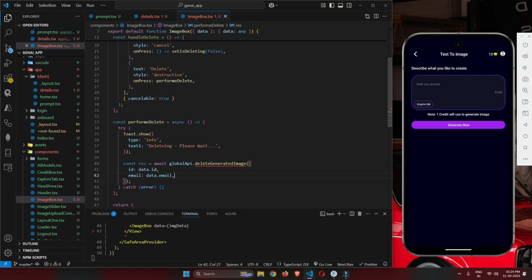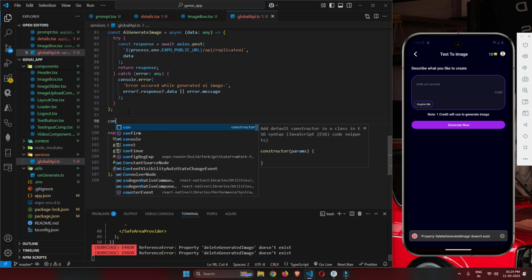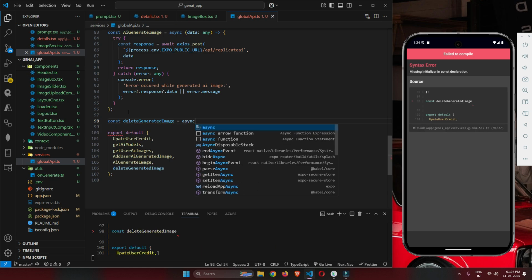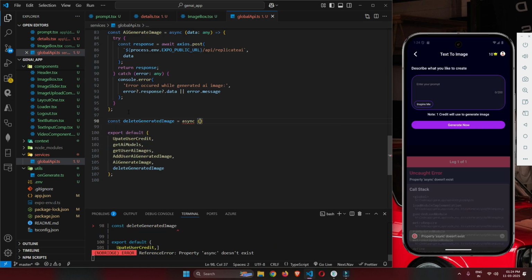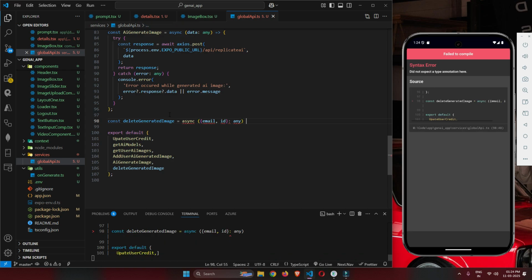Okay, so let's create this inside of const delete is async, and here we need to pass, let's say, email and ID, and